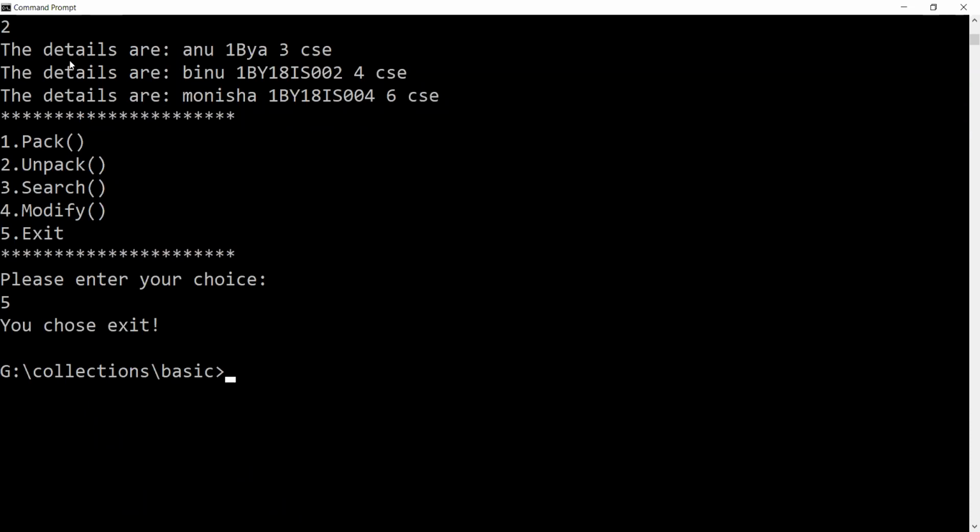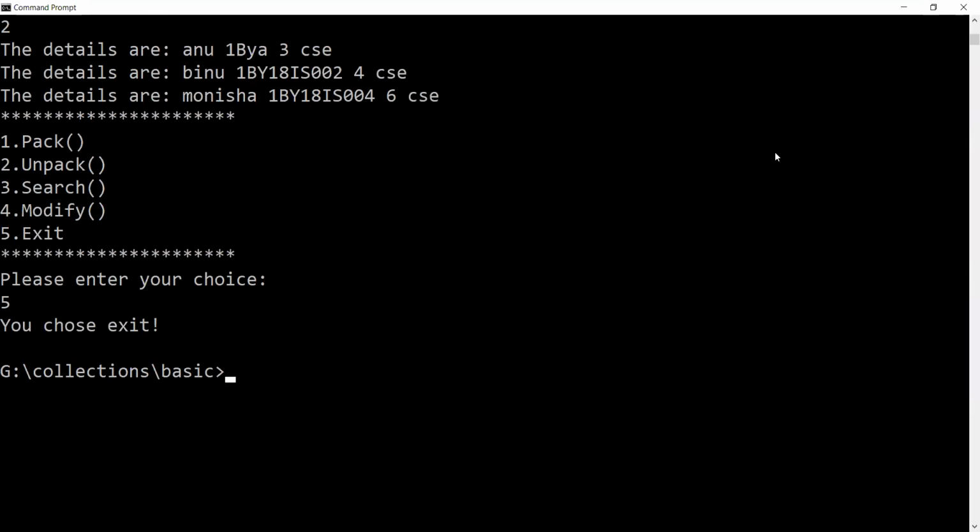So this is all about your second program, which is related to fixed length records. Coming to your third program, to brief it out, it is also similar to your second program, but with a minor change: instead of fixed length records, you are supposed to deal with variable length records.